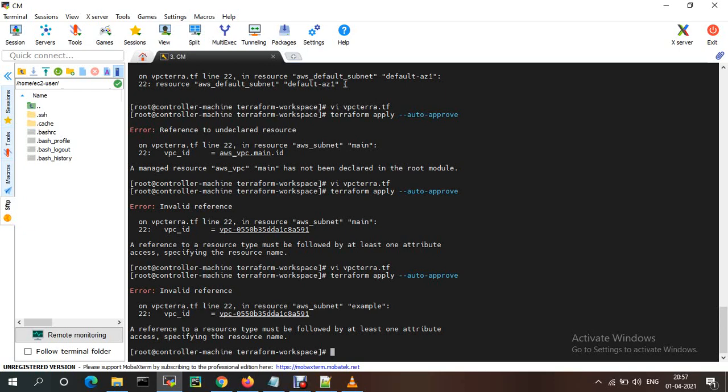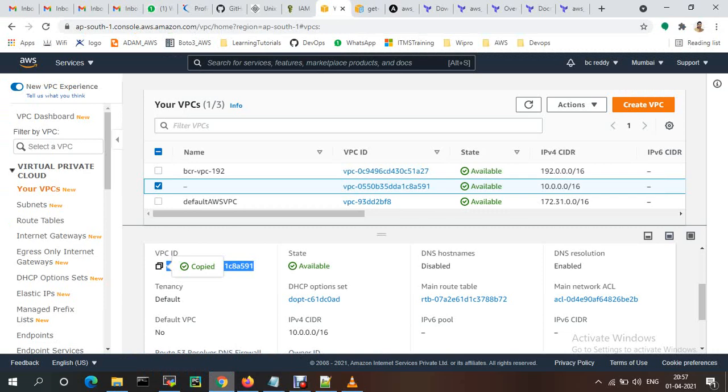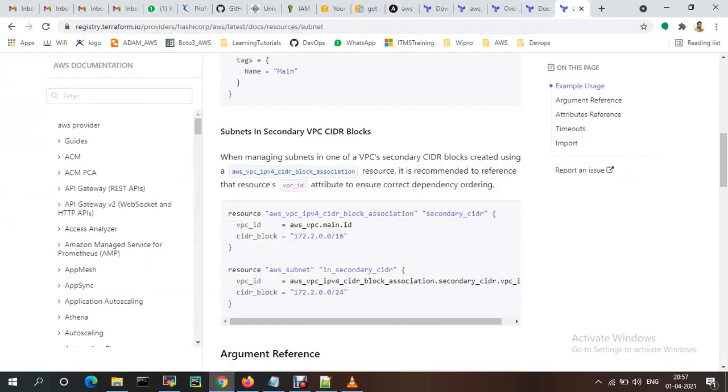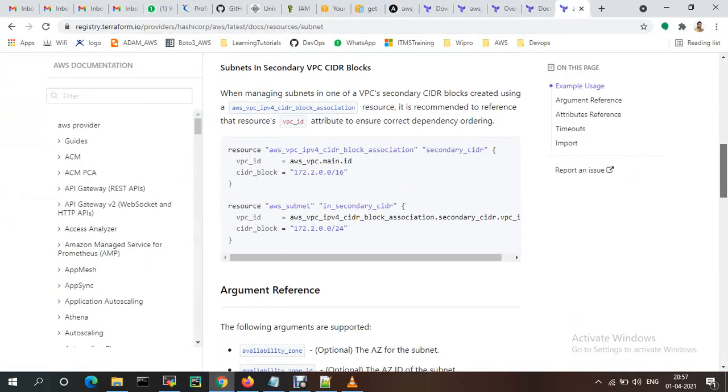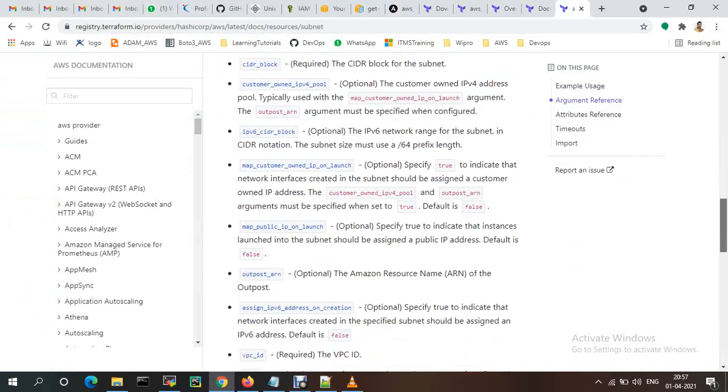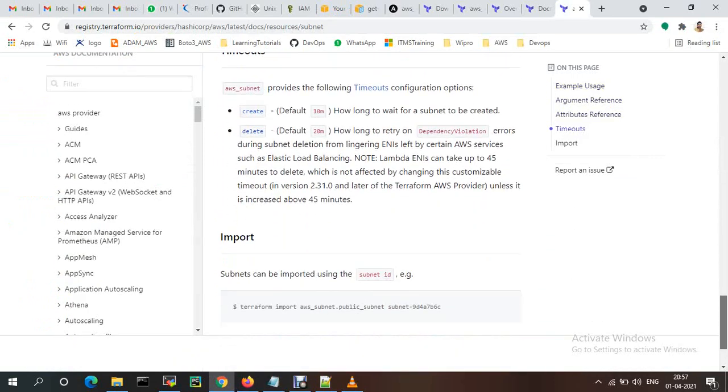Okay, here the VPC ID: a reference to a resource type must be followed by at least one attribute specifying the resource name. So we just need to provide the resource type and resource name. Availability zone ID.